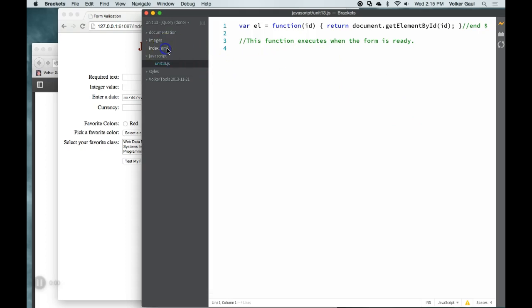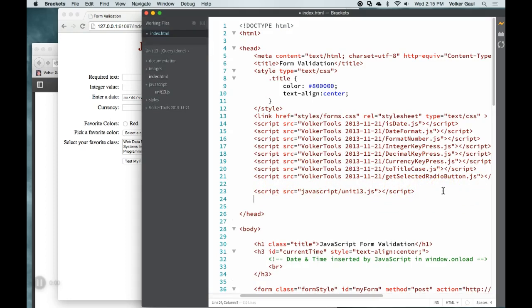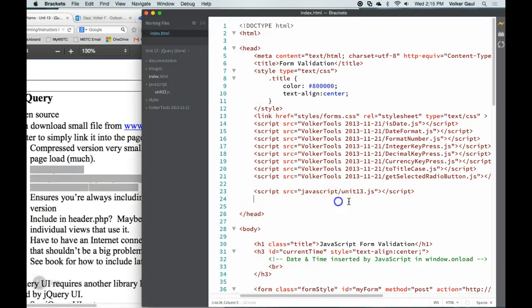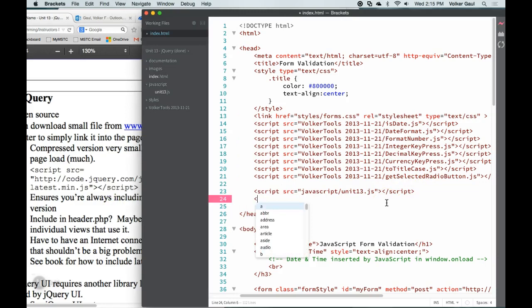So in the index page is where I link to my JavaScript. Okay, so there's a bunch of other ones that I'm not really using anymore, but in here I can link to that page. Let's see if I can get them both on the screen at the same time. Oh, come on. So in here I need a script tag, and with, can't even type that today. With brackets, it'll put the end script on there for me. The source equals